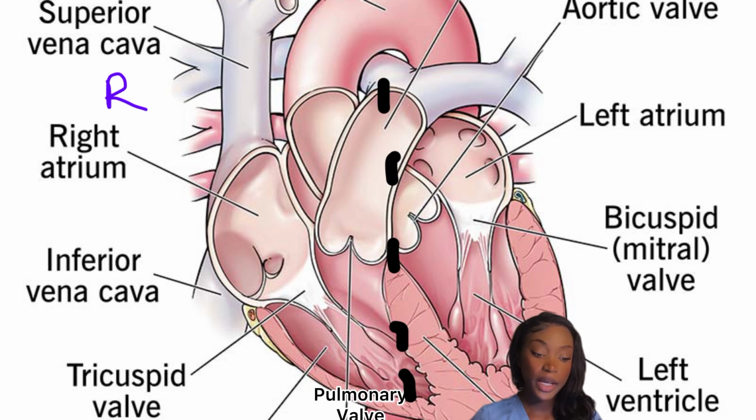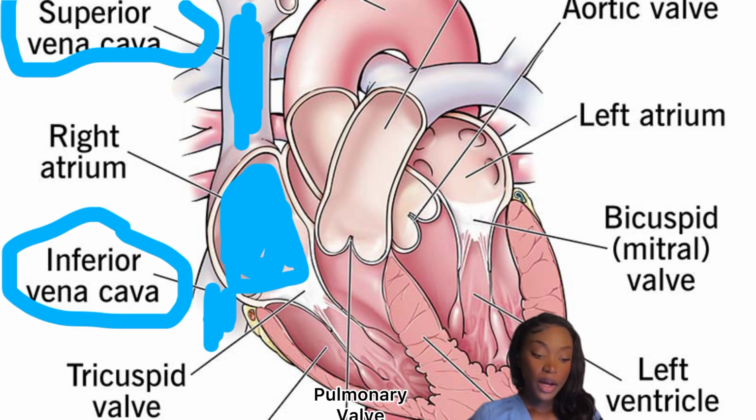So the right side does not have oxygen. It's blue blood, and you can kind of remember it because blood is not blue, so it needs oxygen. So we start from the right side. Oxygen-poor blood enters the right atria through the vena cava, and we have a superior vena cava and the